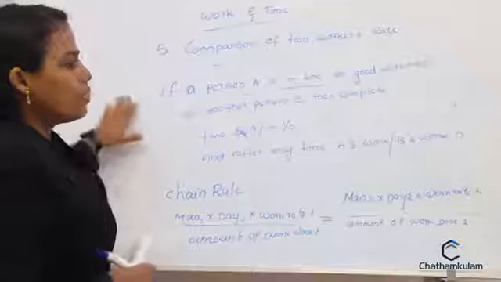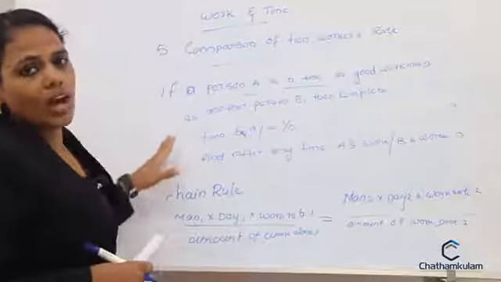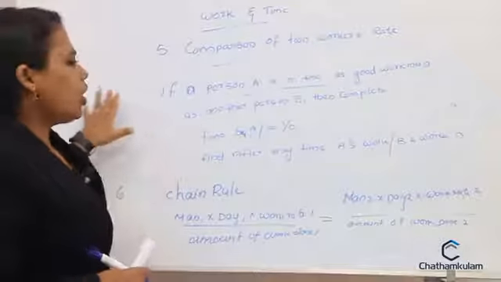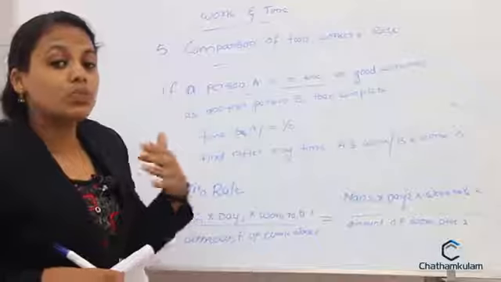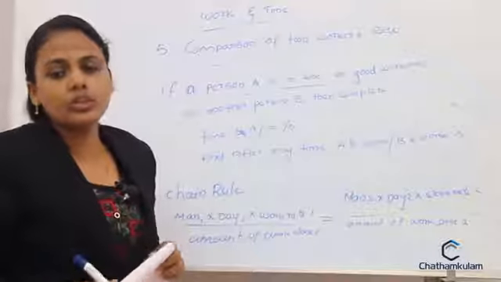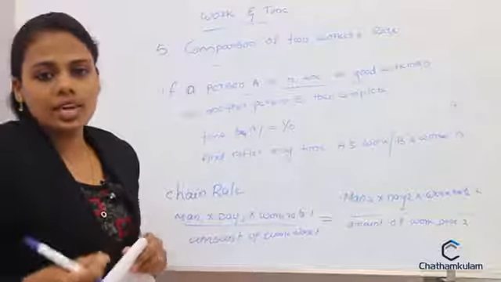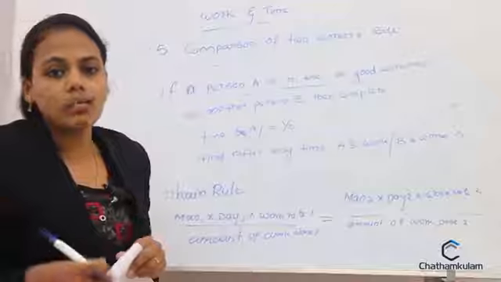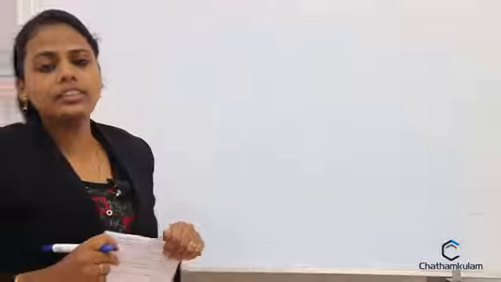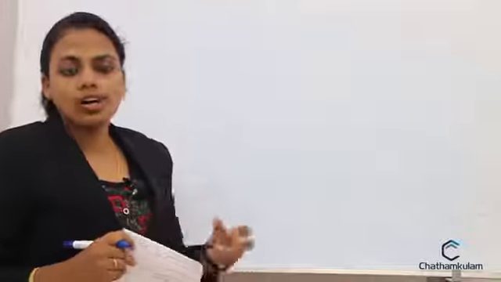So these are the basic 6 rules we have to follow and analyze, and we need to know them when we attend competitive examinations for this kind of work and time related problems. So we discussed the basic 6 rules or concepts of work and